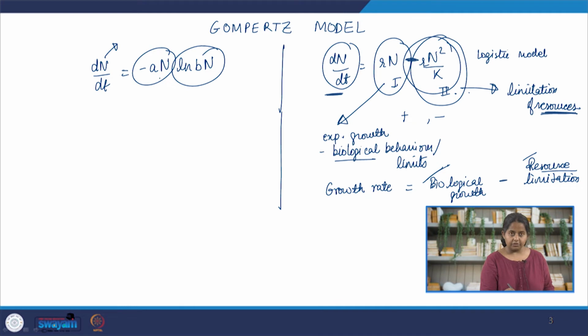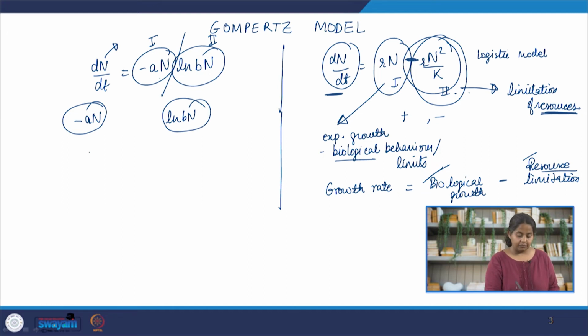So, if you look at the first one, we can split this into two ways, in many different ways. So, the first way could be to say that the first factor is minus a n, and the second factor is log b n. So, clearly this is showing some kind of decay, this is showing some kind of increase in number. The other possibility is we write a n as the first factor and log 1 by b n as the other factor. Now, if we write it in this way, the second way,